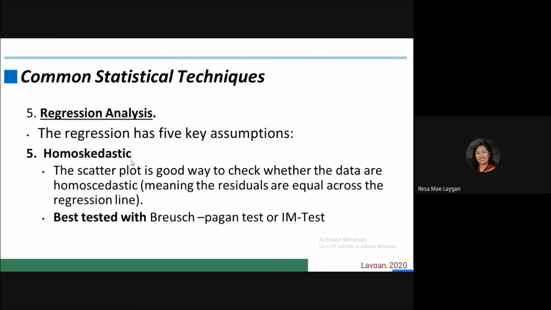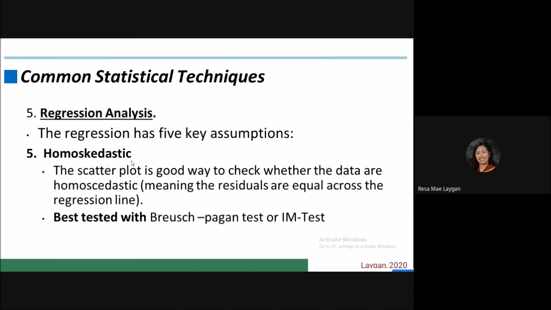In measuring homoscedasticity, a scatter plot is a good way to check whether the data are homoscedastic or equal across the regression line. And it is somehow related with the normality of the distribution of your data variables in a certain plot. So this can be best tested with the Breusch-Pagan test. This is actually a diagnostic test for testing the homoscedasticity,